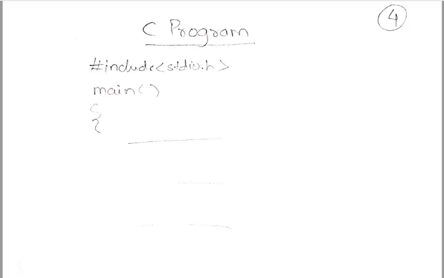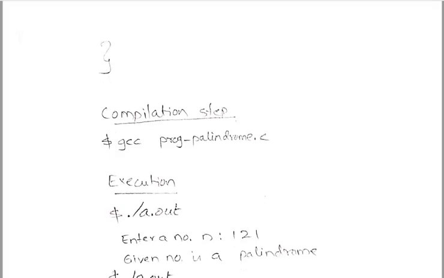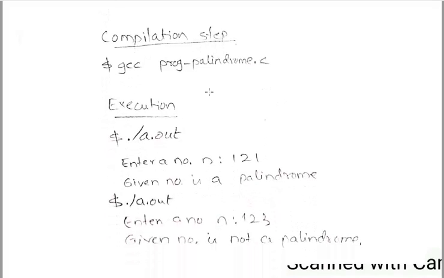And once the C program completes, then you have to write the compilation step. Compilation step: $, this is the command prompt, gcc space name of your program .c, and if there is a math library, we know that after this space -lm, so whichever is the relevant case, you are going to write the compilation step. And after that you are going to write the execution of the program. You can call it the execution step. In case of execution, there might be more than one possible output.